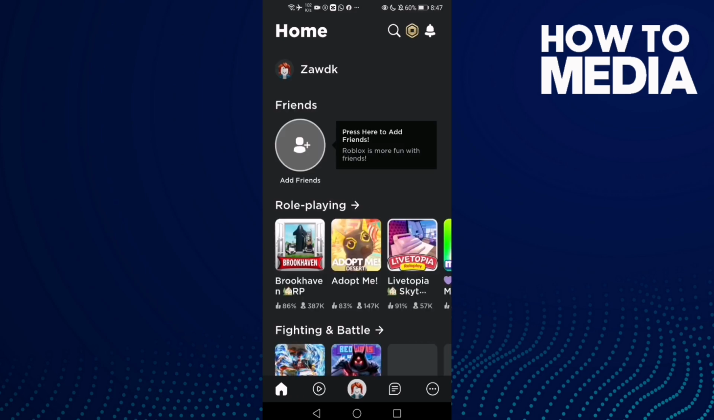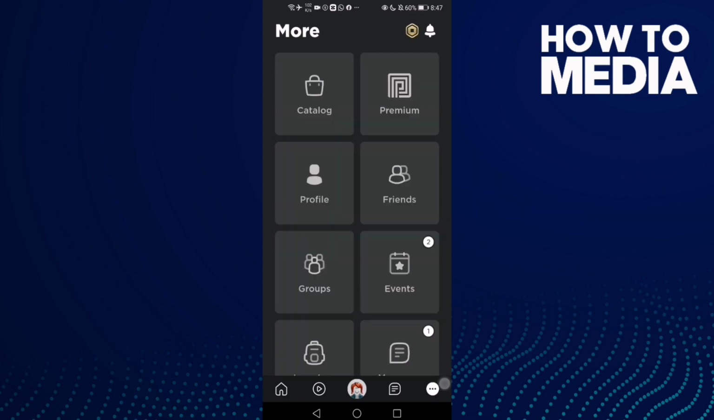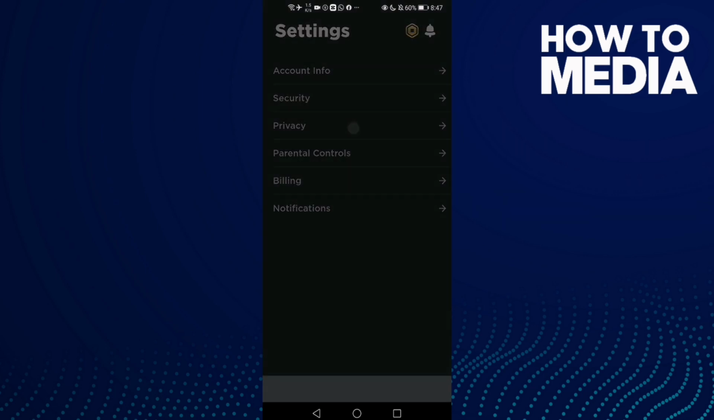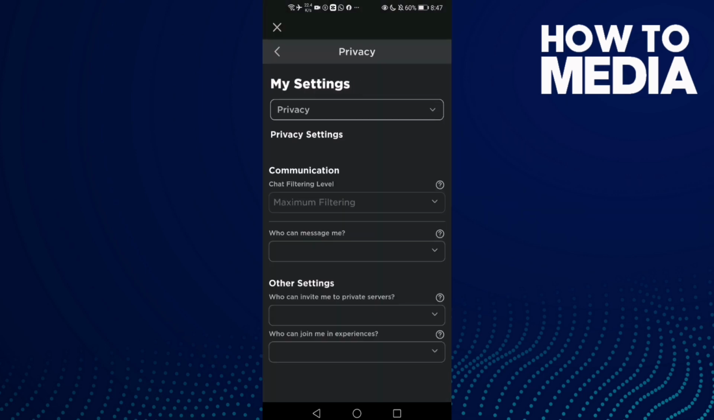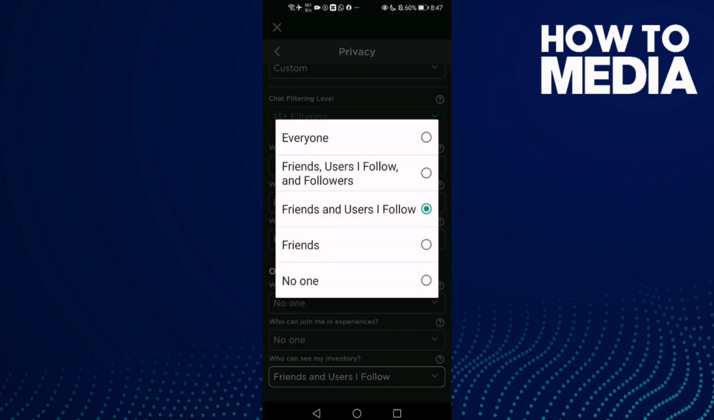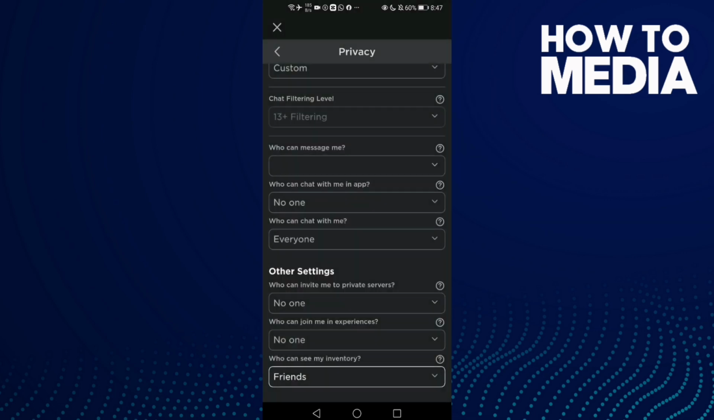and now click these 3 points here in the bottom corner and go down, click settings and then click privacy and go down here and you will find this one, who can see my inventory. Click on it and then click friends,